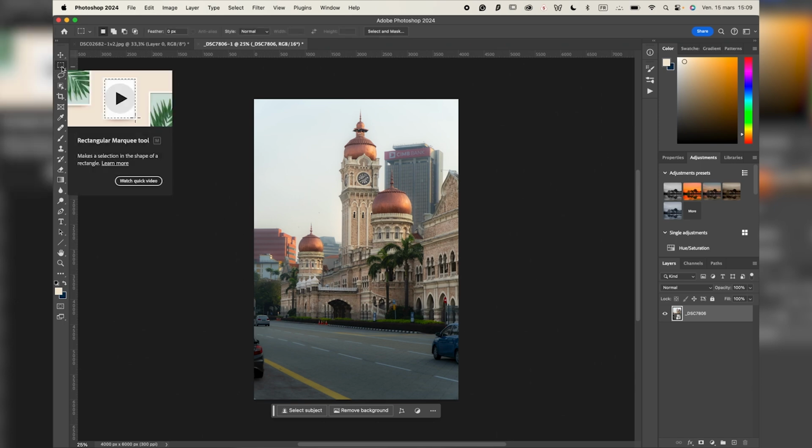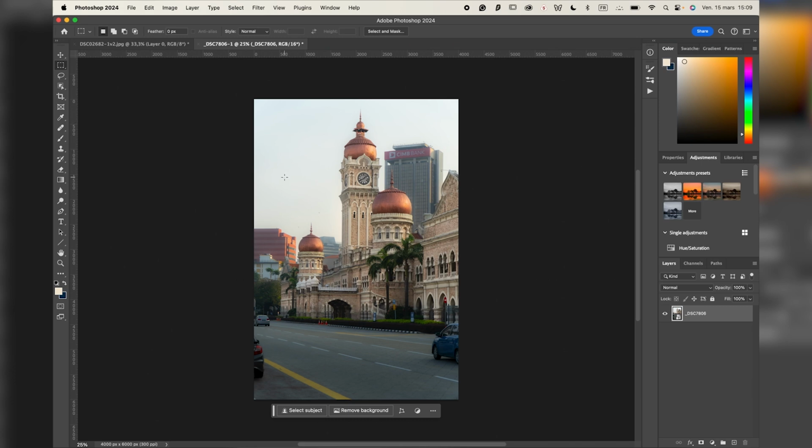Then you have the marquee tool, which is M on your keyboard, and it will allow you to create a selection. So for example, here I make a selection like this, or here I can select the car. And if you want to deselect your selection, it's Command D to deselect. So M to have the marquee tool, then you click and drag to create your selection, and Command D to